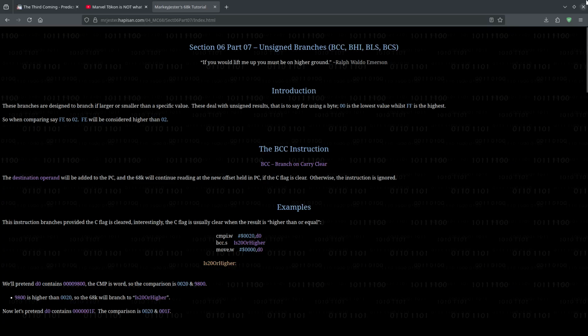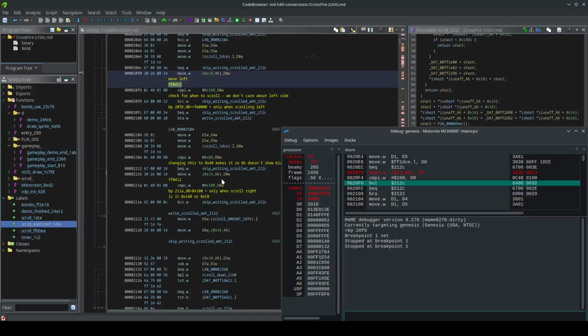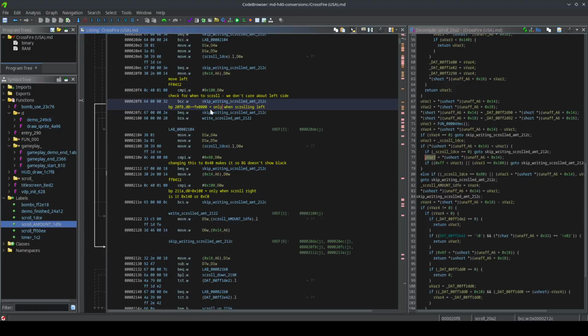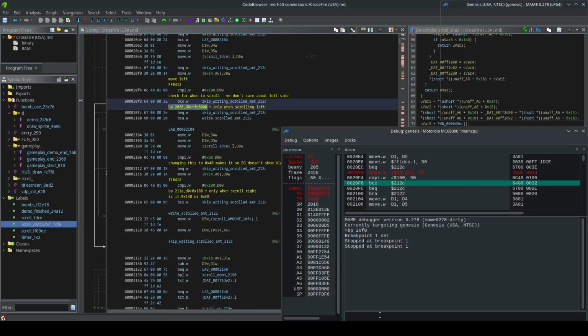Branch if it's comparing one to the other. So we branch: if it's smaller than, if it's less than 100, we don't do anything. If it's greater than 100, then we need to scroll. So like